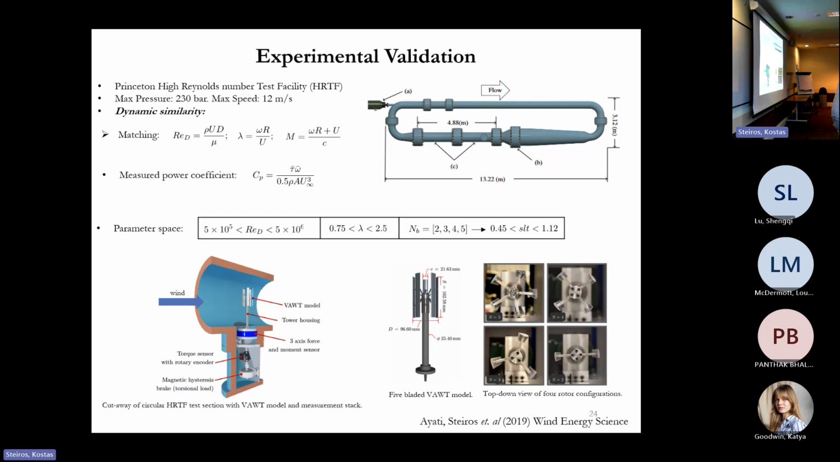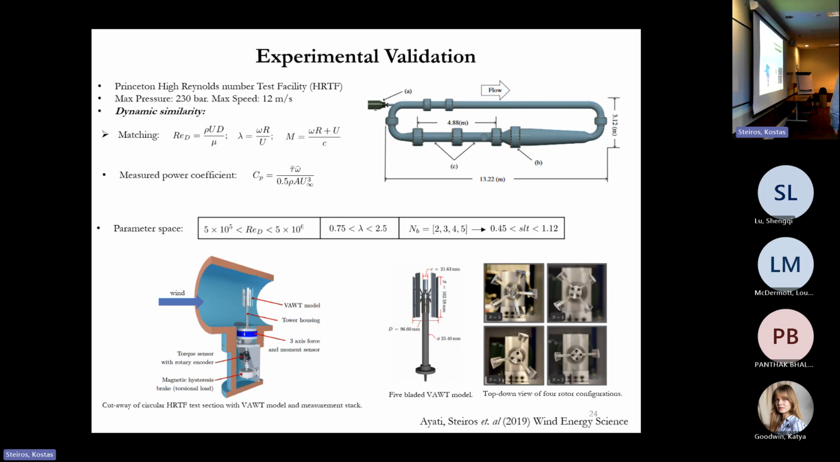Lambda here is the tip speed ratio, how fast the turbine rotates, right? The Mach number of the flow, of course, we could not change. But we measured the power coefficient, so the normalized power. And this is the parameter space that we changed. An order of magnitude in Reynolds number, a factor of 5 or so for the rotational speed. And we tested